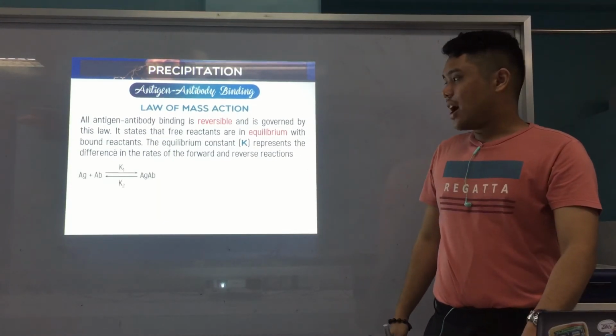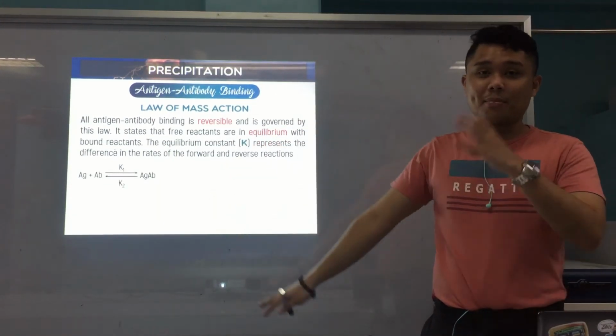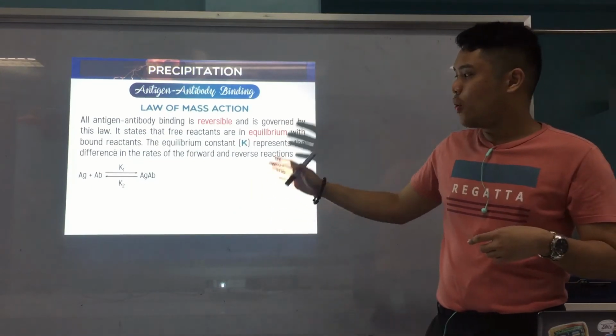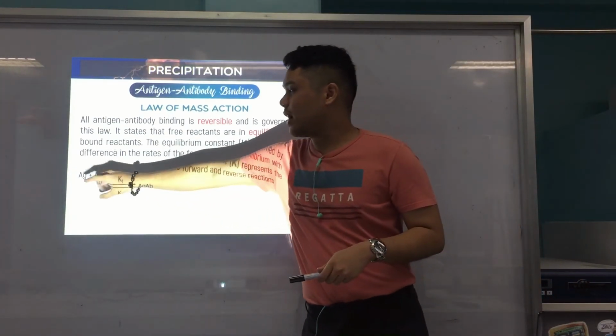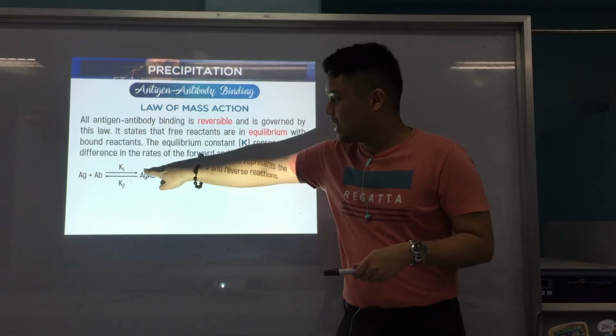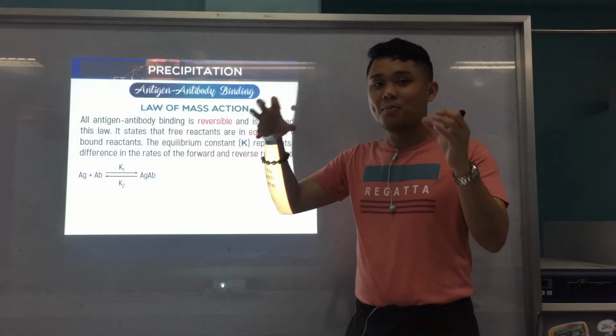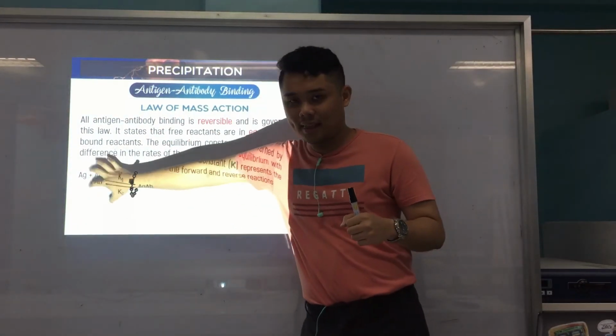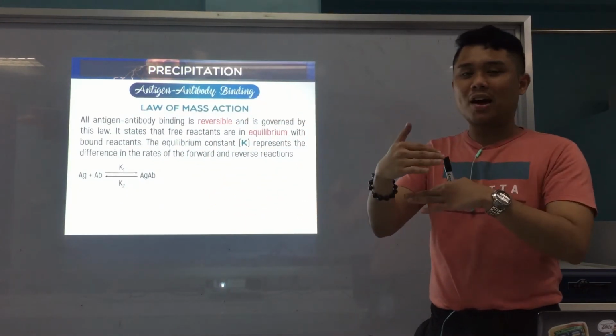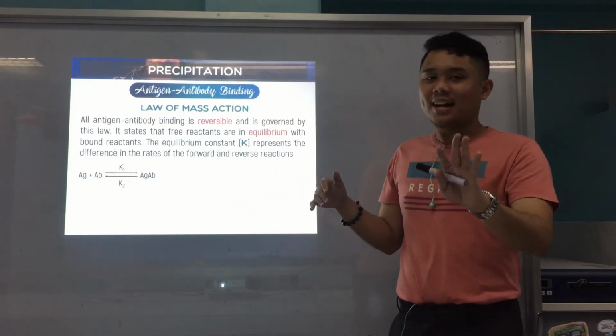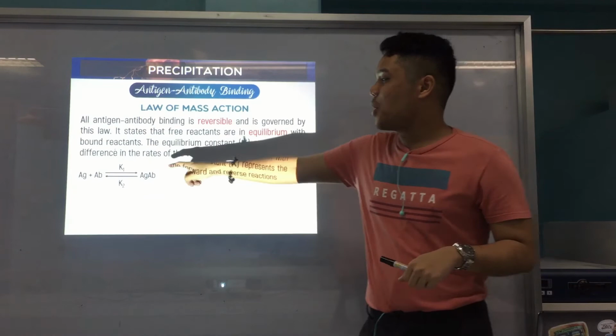All right? So, this is an example of an equilibrium reaction. When you say reversible, this reacts to form this, and this can also dissociate, or they can separate, to create this again. So, that's the point about a reversible reaction. Recall in your chemistry. And you have the K and K.